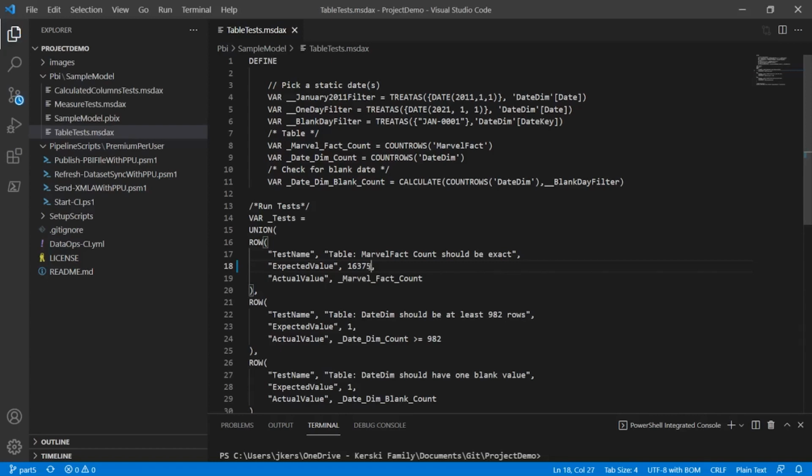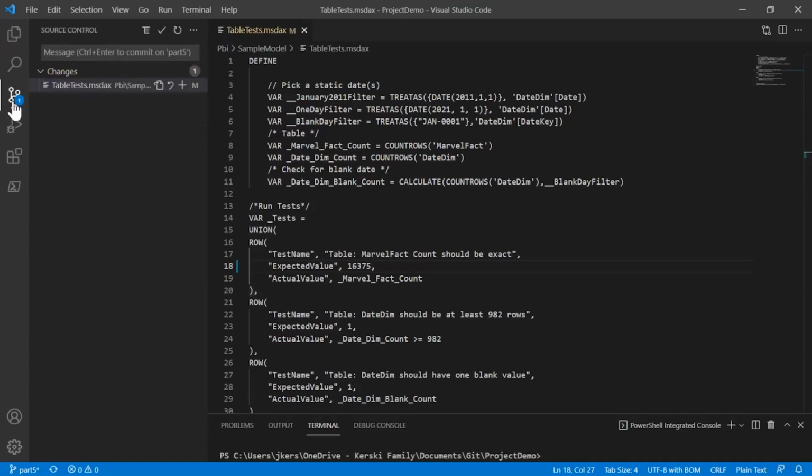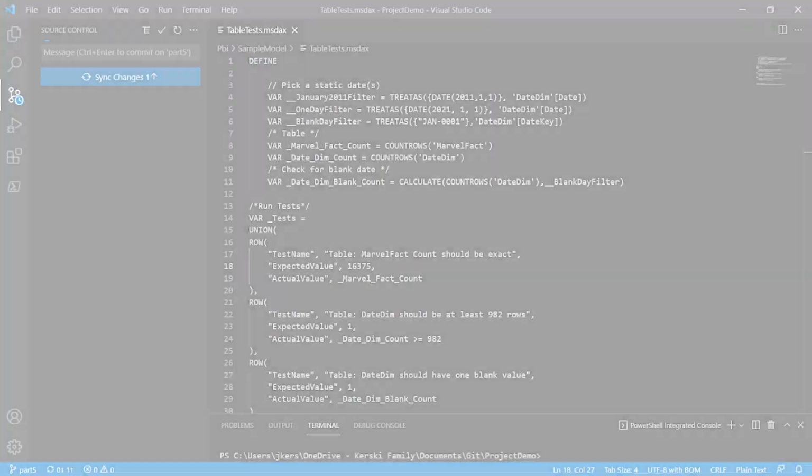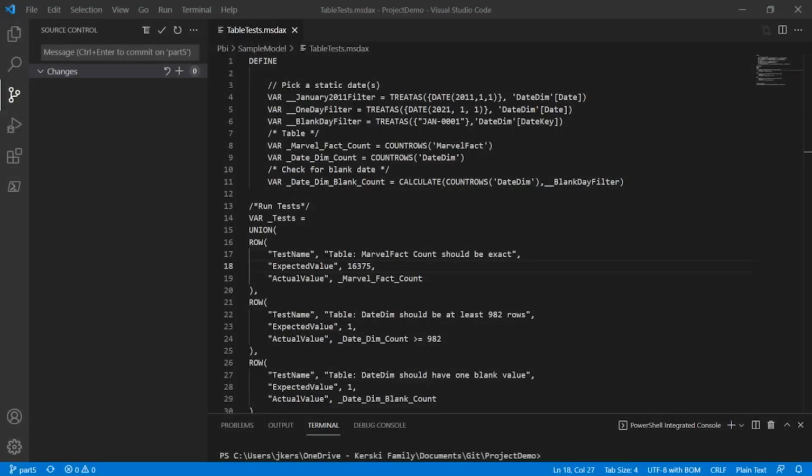and make sure to save that. And as soon as that is saved, you're going to see on the left-hand side, Git should update. And I'm going to enter in a new description. Save that to the local repo. And then I'll sync that back to Azure DevOps. Okay, now that that sync has been committed to the Azure repo,